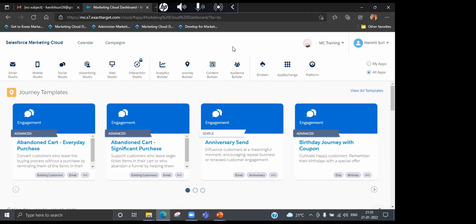with Marketing Cloud. So the integration is simple, guys, but the main thing is you have to understand the data. And if you understand that data, you will be able to grasp everything. I will be making you aware of each and every device which we can reach using Marketing Cloud.